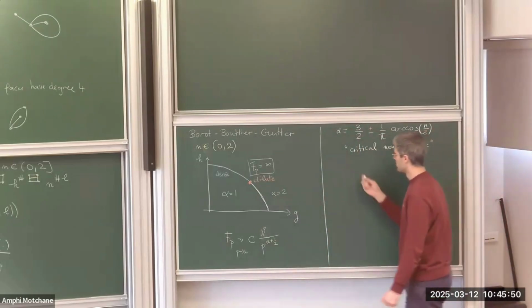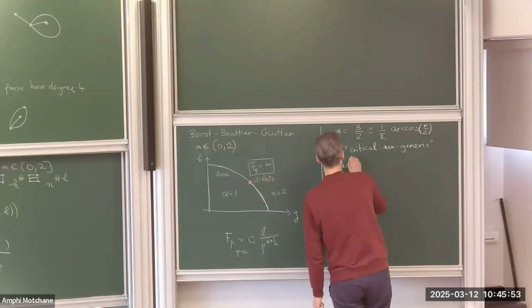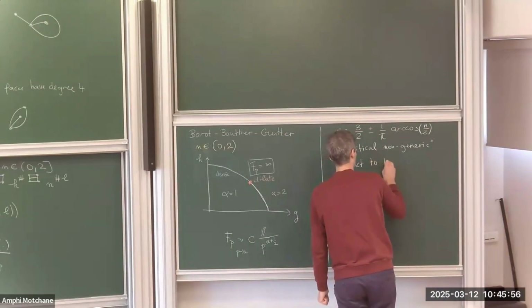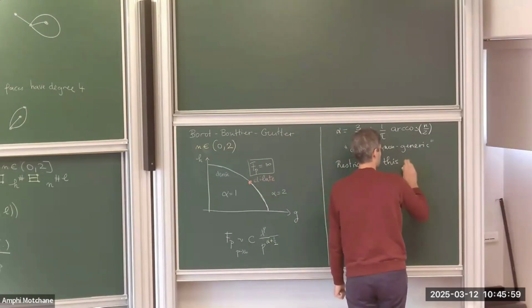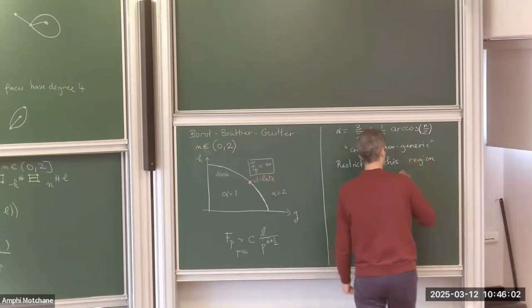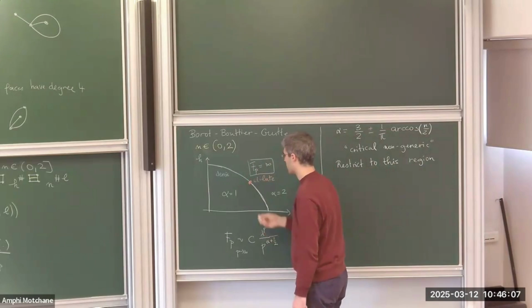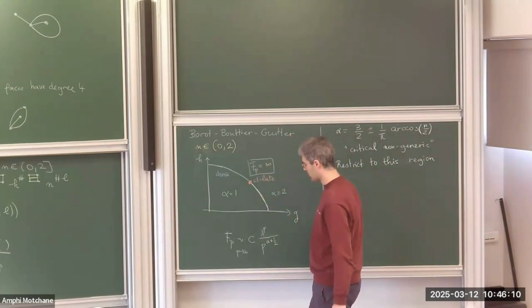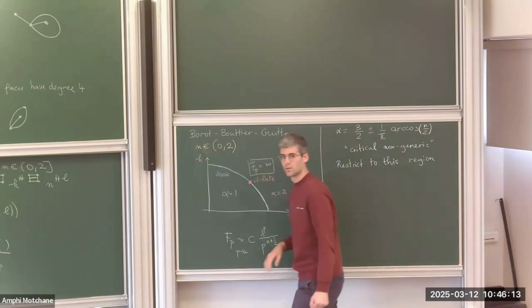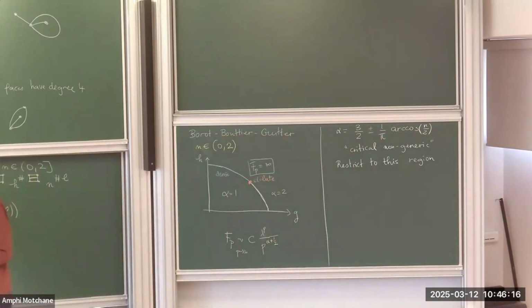So I'm going to restrict to this region from now on, because this is the region where you're expecting to escape from the realm of Brownian geometry. This is the main region of interest of this model. The way they prove this is using a technique that is very powerful, called the cascade decomposition. I'm not going to expand on that.